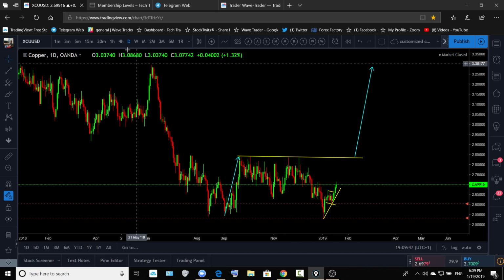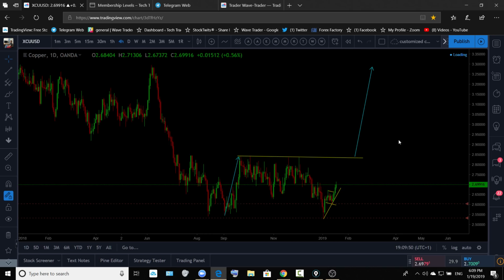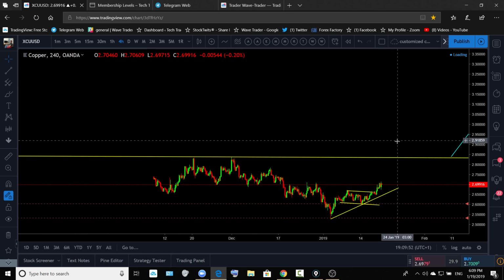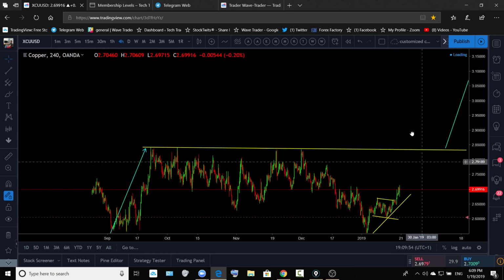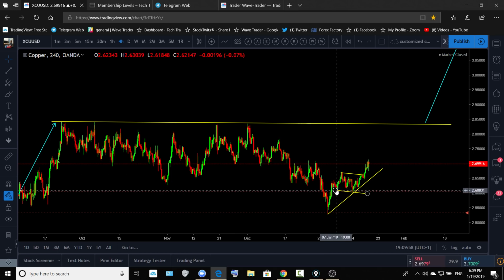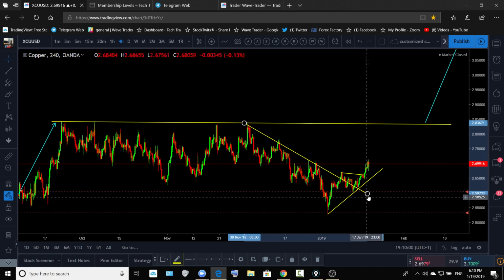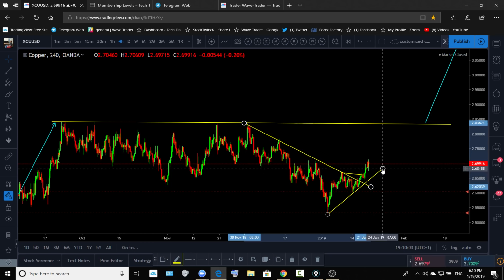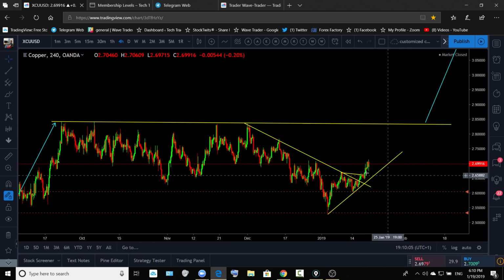Okay, so still can get down for one more drop, but I don't think so. Price going to test the bottom again, because price has broken out the bearish trend, and looks like price going to continue to go higher next week. All right, so this trend broken out.